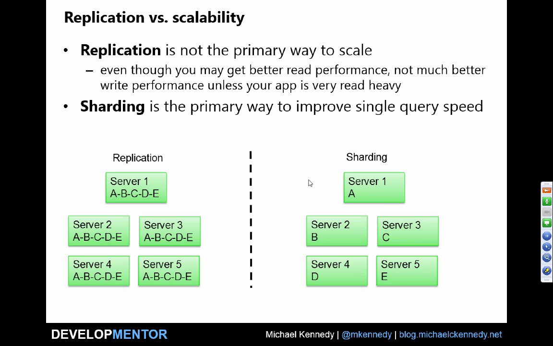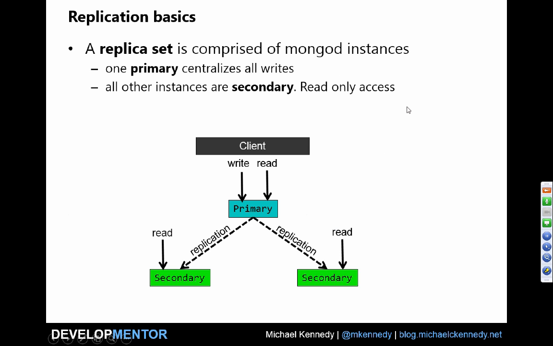Okay. So on the other hand, with replication, you could actually read from these secondary servers. It's not necessarily recommended, because you get into consistency issues. But you can scale out the reads on this side. So you could scale out over here from a read perspective, but the writes always go to the primary. That's just the way it works in replication. So you wouldn't necessarily be speeding up reads. You wouldn't be speeding up single queries. Maybe you'd be making it more scalable in terms of the number of queries it can do. Okay, so that's the trade-off. So let me show you a couple of things you can do with replication.